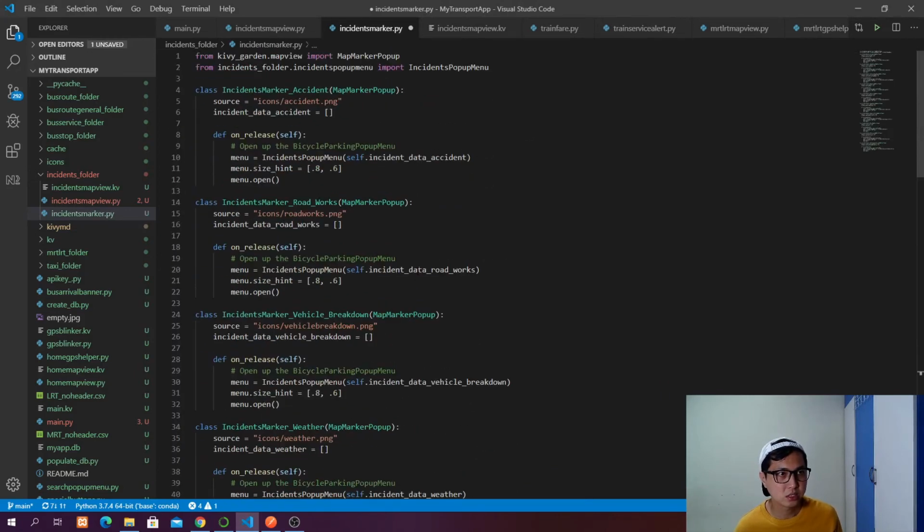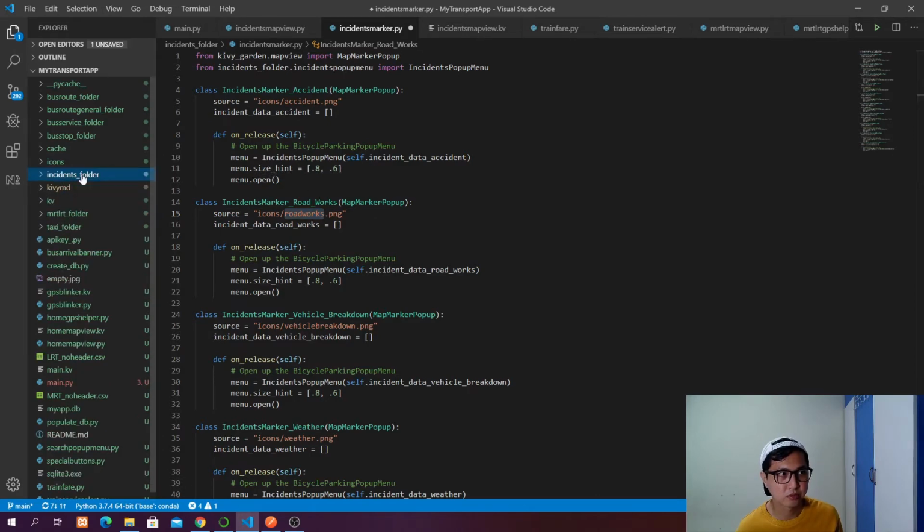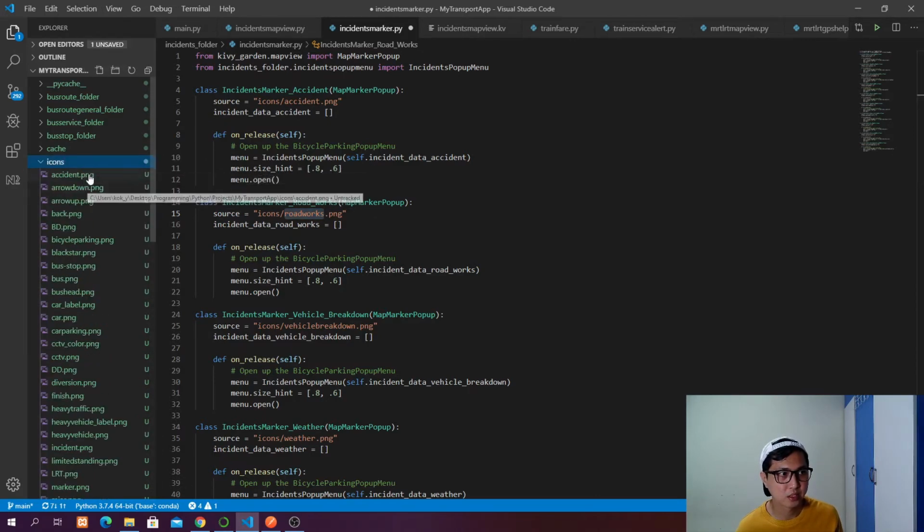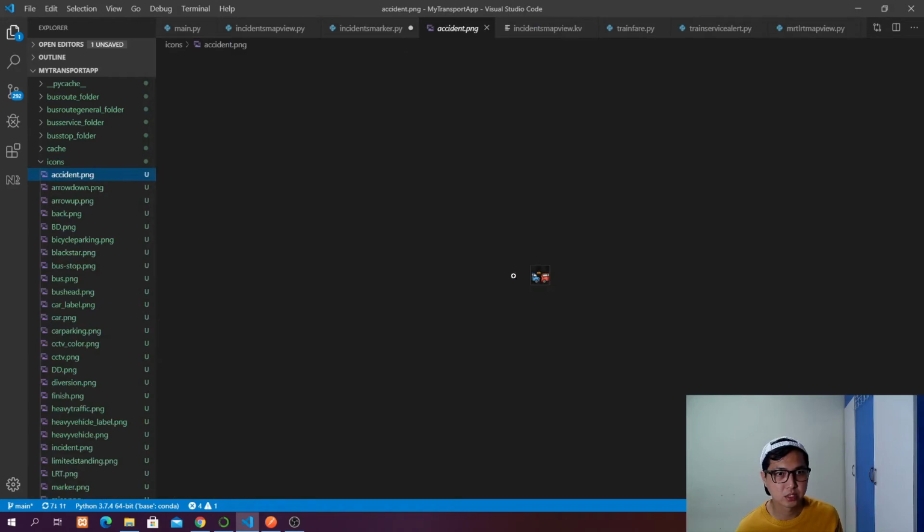So you can see here we actually have 10 different classes. Each of these classes, the script are actually the same. The only difference is the source of the image. So you can go to icons folder and look for this image. So for example, accident is going to look like this, and then